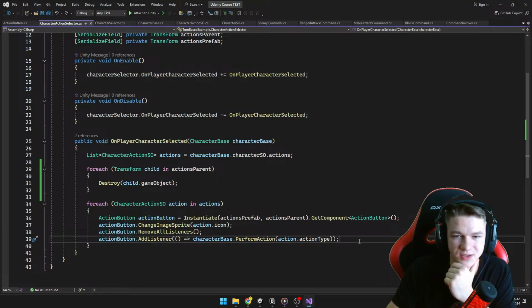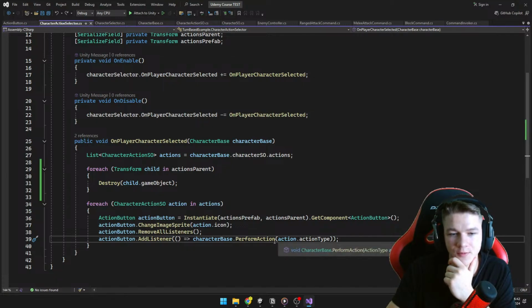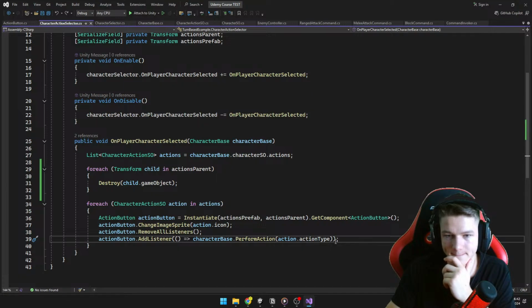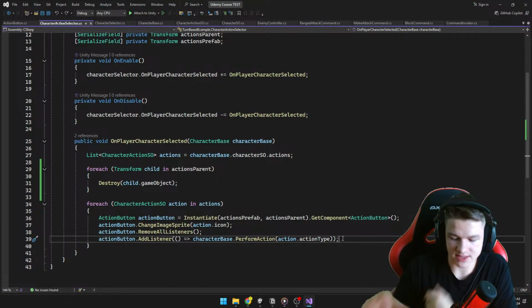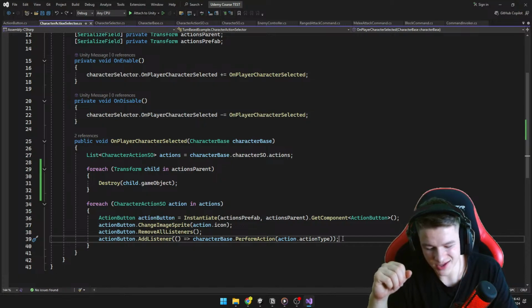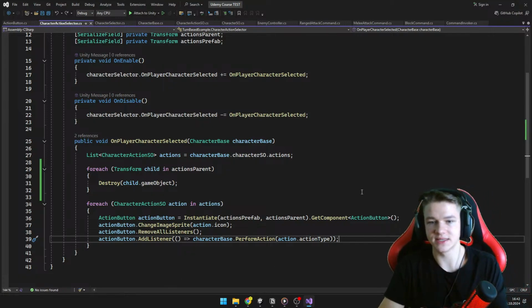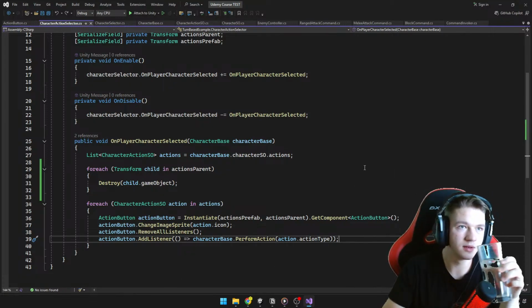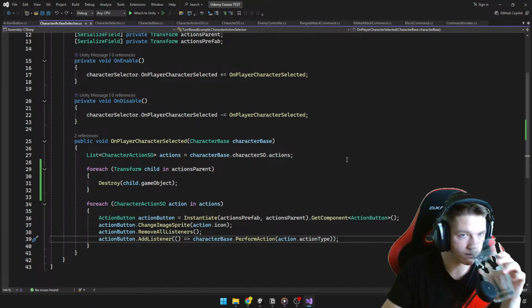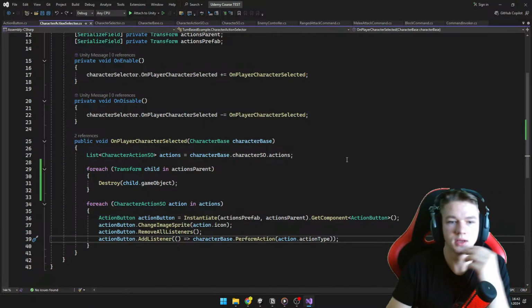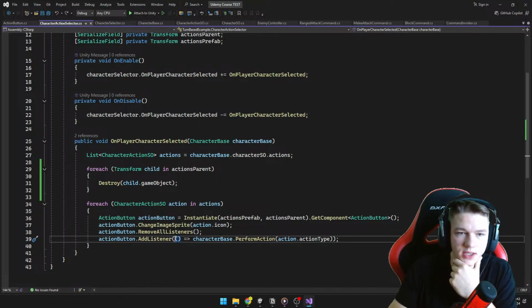action button, I'm adding a listener to perform the action on the character, but this is not what should happen when we click on the action, I think. Because when we select the action, so we click the button, it should not yet perform the action on the character. That should happen only after we, let's say, select another character, and so on. So this listener should probably not be here, and instead